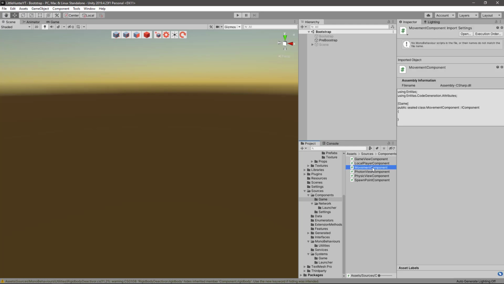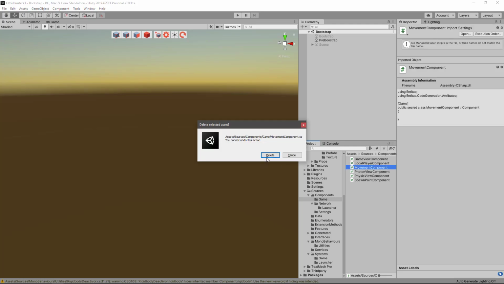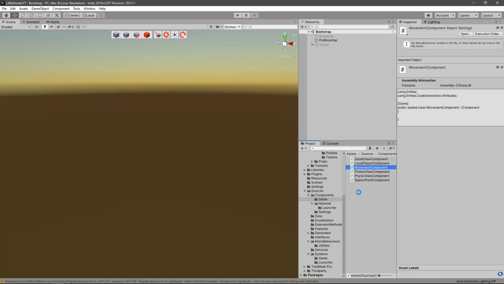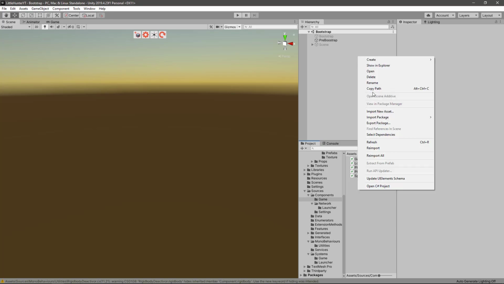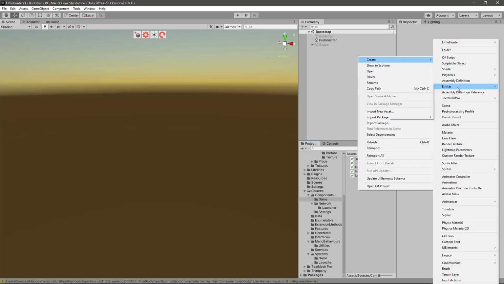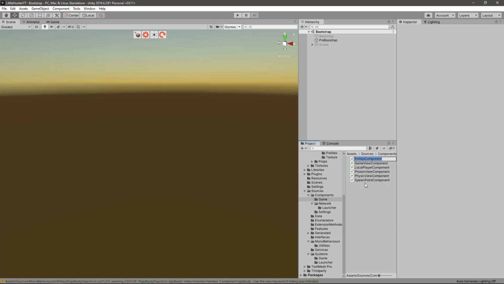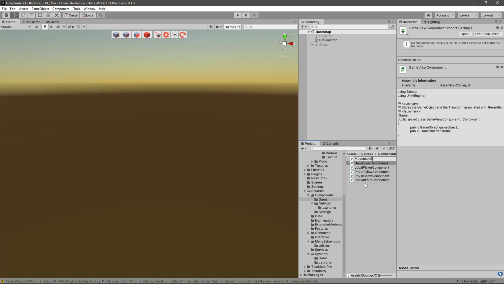Actually no, let's call it movement speed component, so we can right away bind it to what it's doing. So movement speed component,